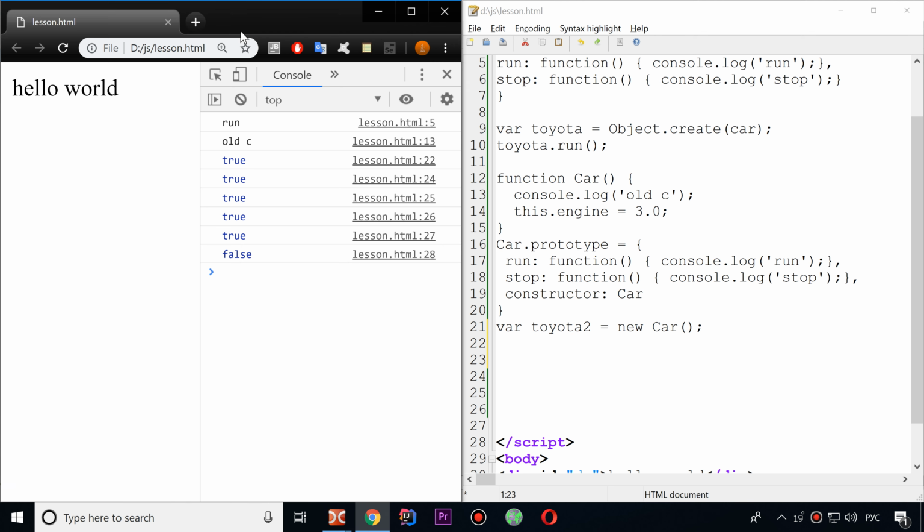This is called duck typing. So sometimes we need to check if some object has a specific behavior. Usually if you hear about duck typing, it is just checking if an object has specific behavior, specific functions. And usually we do it like this: